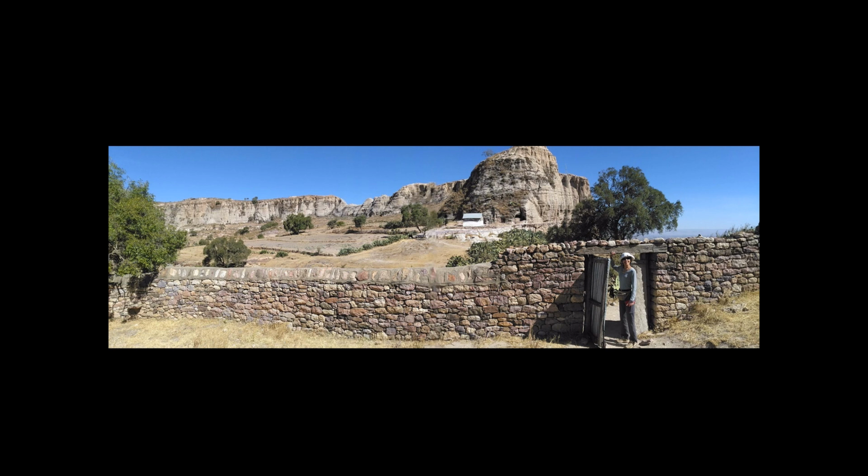So we walk across this grassy plateau, and then we enter the Ethiopian Orthodox Church area, which is demarcated by this wall. So we go through a small gate. This is considered a sacred space, and I noticed that our guide stopped and kissed the gatepost as we went through. There is a rock-hewn church in the center of the picture here. You can just about make out a building, and just behind that building there's a rock-hewn church, but we didn't go to that one. We carried on along a path